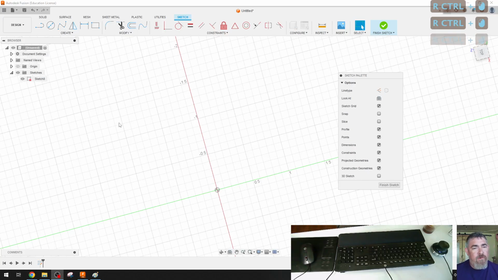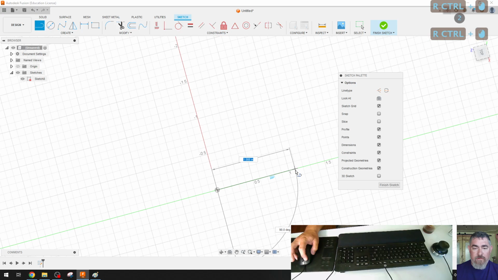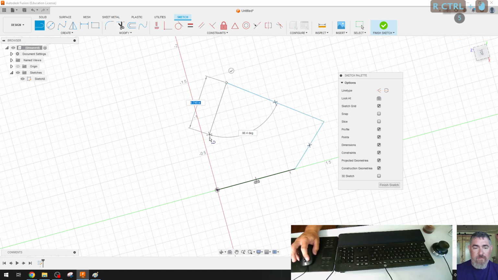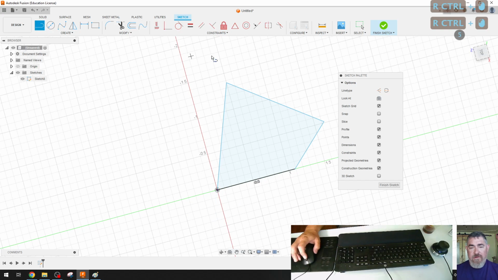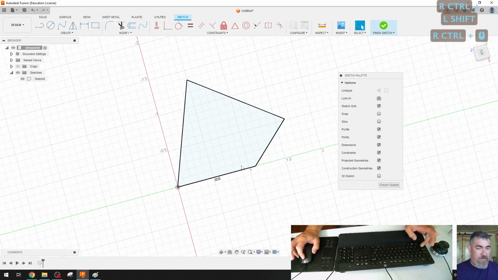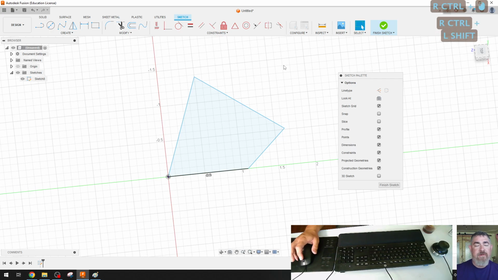In this activity we're going to go over how to add different types of dimensions within Fusion. So I want to go ahead and create a line. I'm just going to draw a little bit of a shape. I want to make sure that it's not equal or anything, and I have it there just so I can go through and talk about different types of dimensions that I